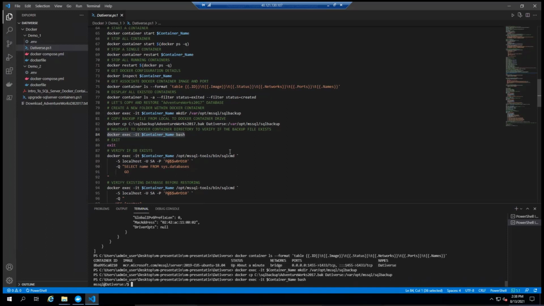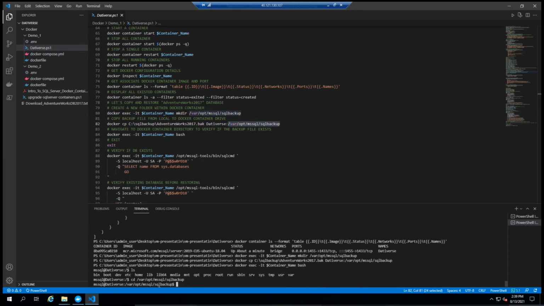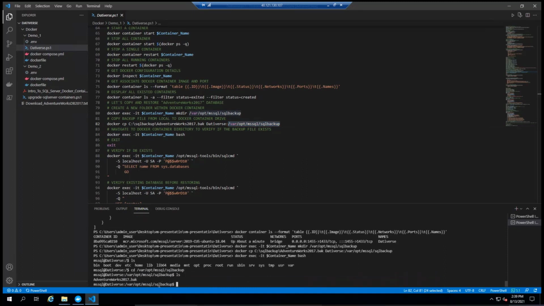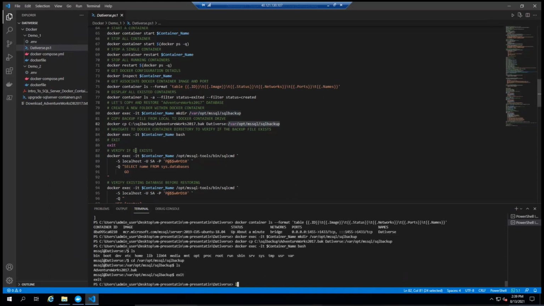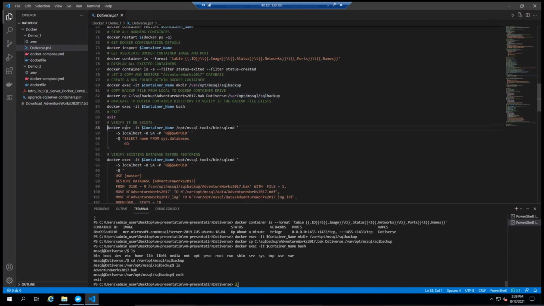I can use ls. Give me a second. I can change to that directory. And then I can say ls and see my backup files. Right. You can interact with Docker like it was a real operating system. So now, here's what I'm going to do. I'm going to connect to that